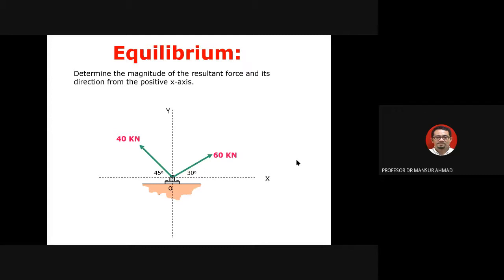Saya tambah lagi. So now instead of having one force at an angle, if you look at this, there's these two forces here. I applied this at an angle. So this is a model, but it's a bit extensive model. If you look at this diagram here, the question like to determine the magnitude of resultant force again, jumlah daya and its direction from the positive axis. It looks like I'm using the same question with a different case, different problem here.